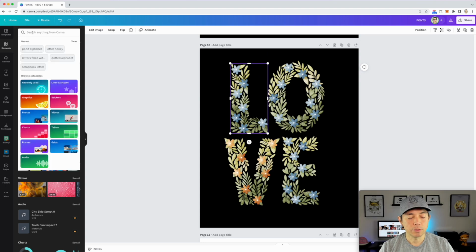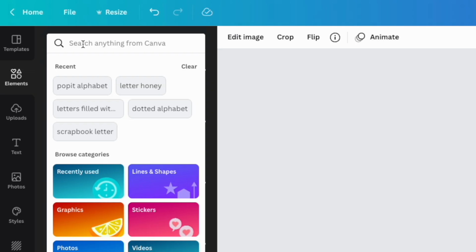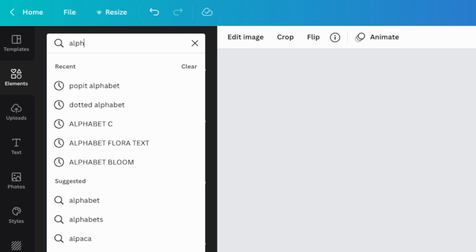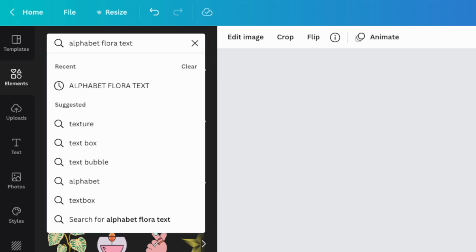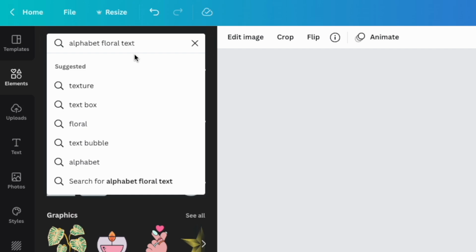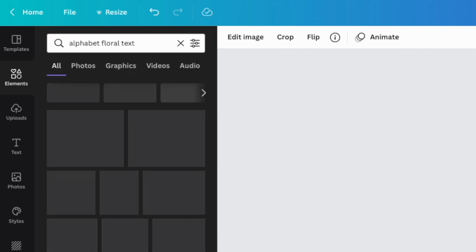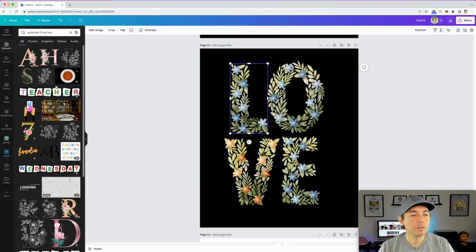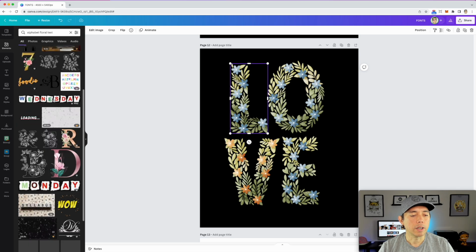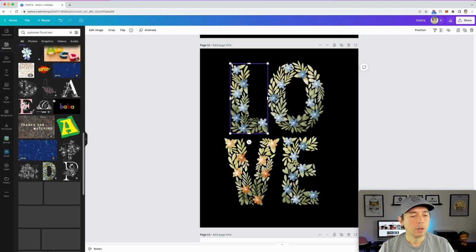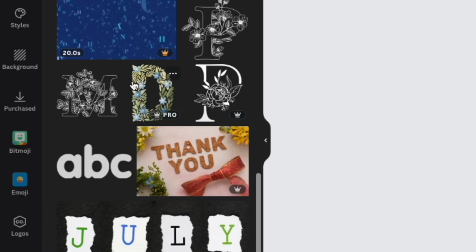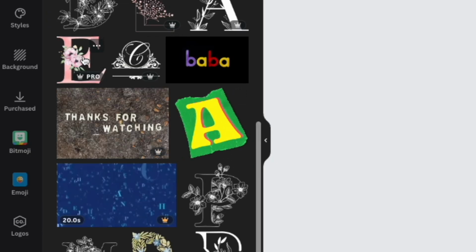The way to find this one is to go into search and type in alphabet floral text. Oh, I gotta spell that right. Floral, alphabet floral text. And there's a bunch of them too, so this one's hard to find. You're gonna have to scroll down and look for it. There's that D right here, but you can see there's other alphabet floral text with like